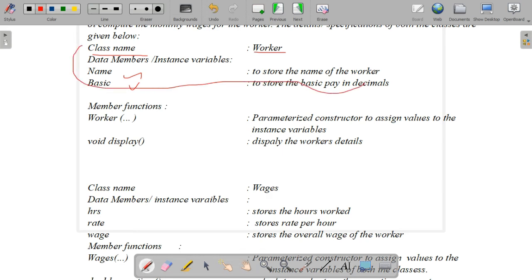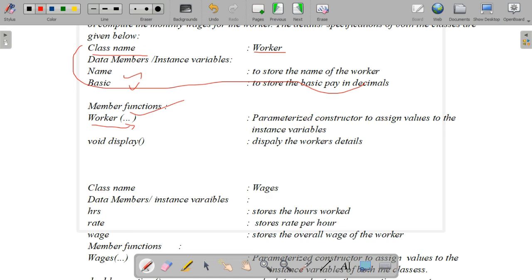So the next one is the member functions. So these are the data members, 3, you can write them easily. The next one is the member function. The first one is worker with dots given. This indicates a parameterized constructor. Worker is the class name and inside the brackets some dots are there, which indicates a parameterized constructor.